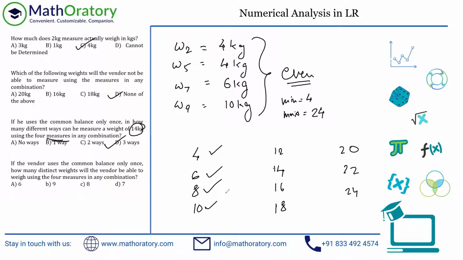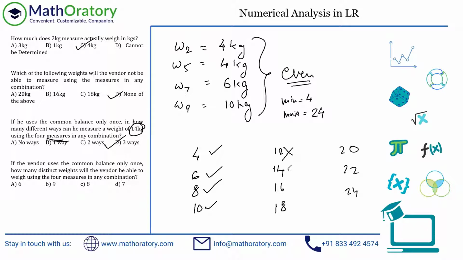Now 12 kilo, if you think about it, you cannot make a 12 kilo, right? The problem is that 6 plus 4 is also adding up to 10, and then we don't have a 2 kilo, and we don't have a couple of sixes here. We neither have 3 fours here. So 12 kilo can never be made. I mean, also using 10 kilo, we don't have the support of 2 kilo. So 12 kilo cannot be created.